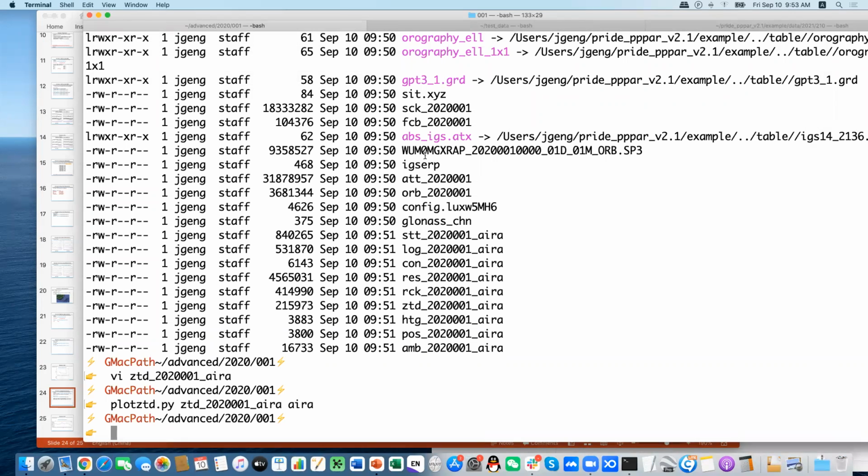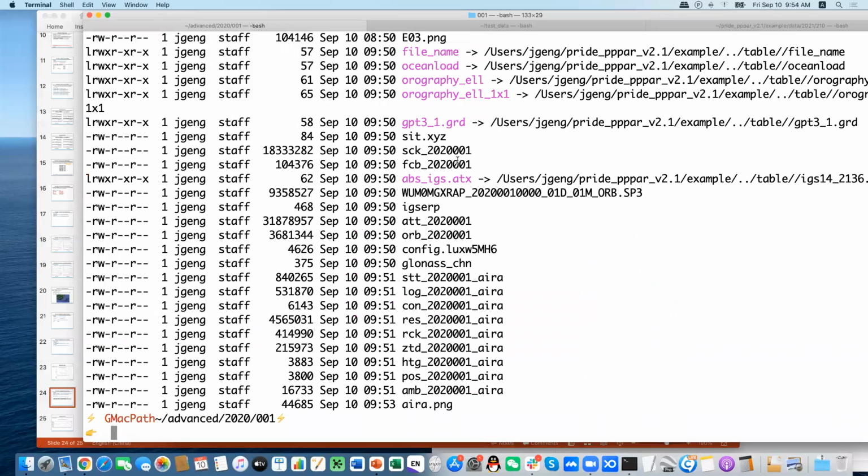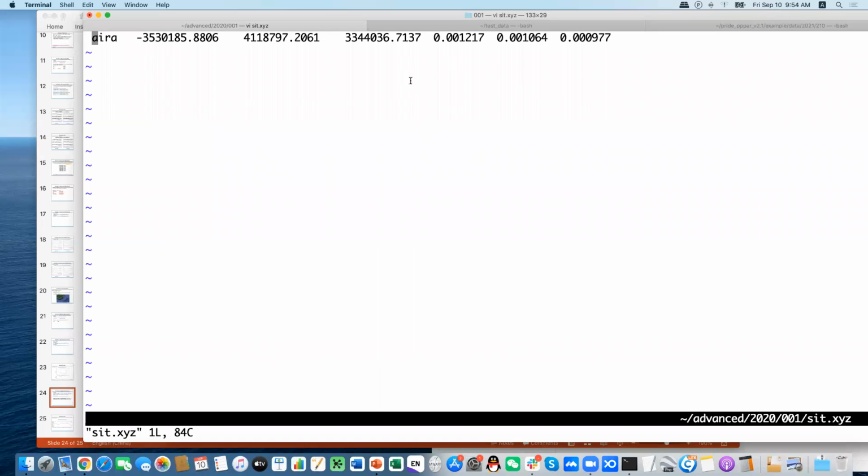weekly solution? This is really a problem. Then you can manually resolve this problem by changing the content of the site XYZ file. You can see here, we have a site XYZ file here. This contains the coordinate information of that station. So you can open it, site XYZ, you can see for the AIRA station, we have the XYZ coordinates and